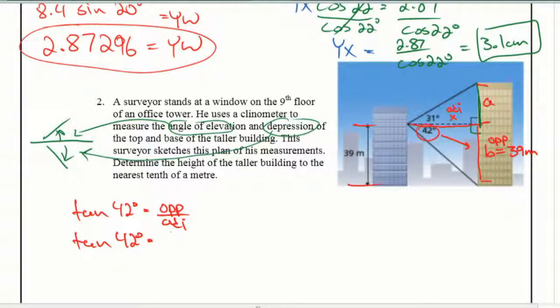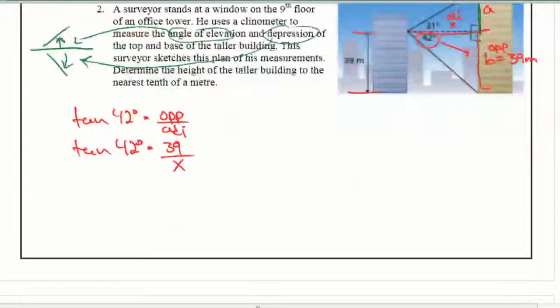Opposite in this case is 39. The adjacent is what I'm trying to find. I called it X. I've done this a few times now, multiply both sides by X. If you've seen there's a bit of a pattern, you can also think of it in terms of cross multiplying or whatever you want. If you're really perceptive, you'd see that what I'm doing essentially is just going the length,